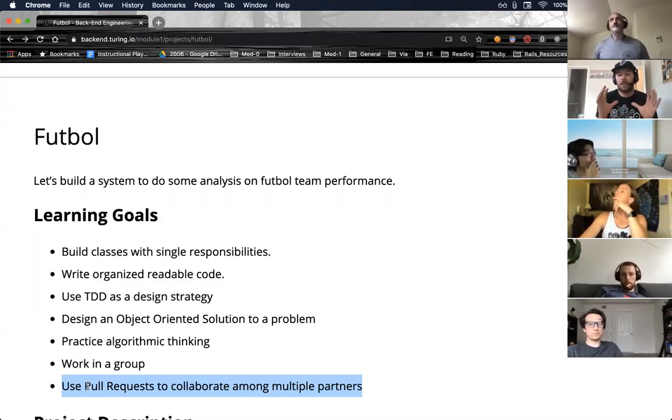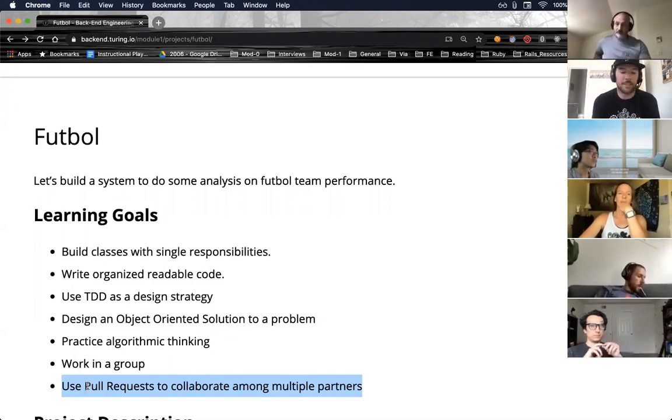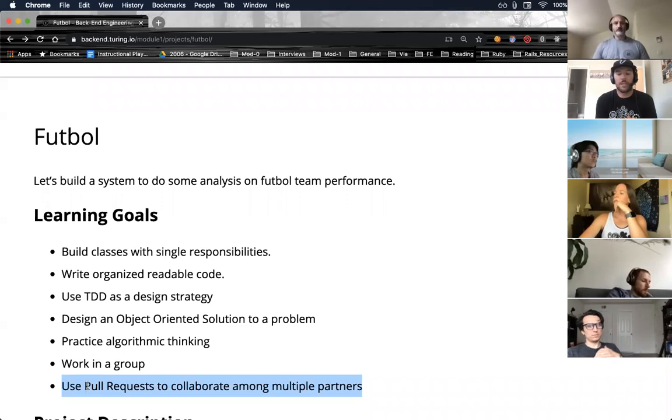Okay, and so don't let that freak you out in any way, but just know that that is a crucial part of this project. What we'd generally see from students before we designed the project this way is a lot of focus on getting the methods done and making the functionality piece of the project as perfect as possible, and then the part that takes the back seat is these design decisions. So we don't want that to happen here. So that's why we're saying you have two due dates for this one.